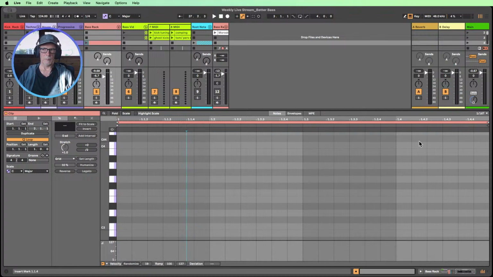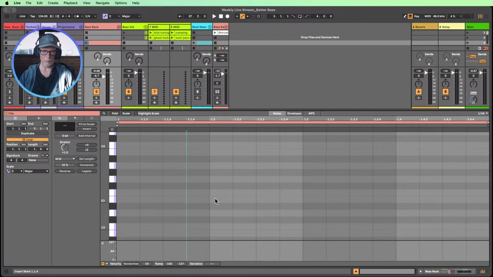3 turns on the triplet grid, which, as you can see, we've now got this lovely little T behind our note. Similarly, dotted would have a D if we could do that, but we don't have that as a default. But 3 we do. So that turns on the triplet grid. So we're now in 16th triplets.